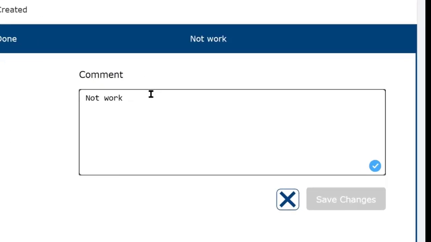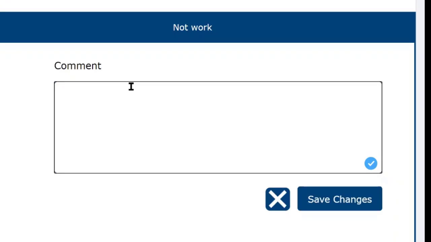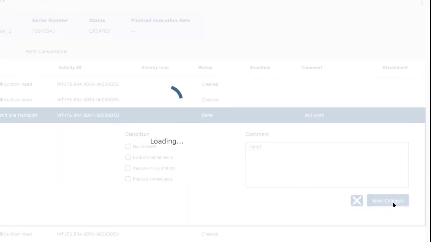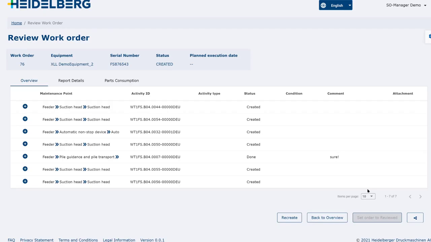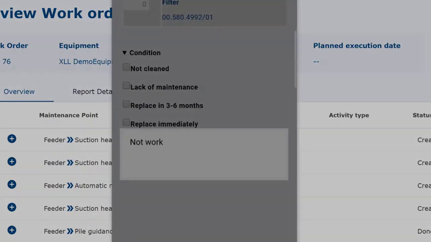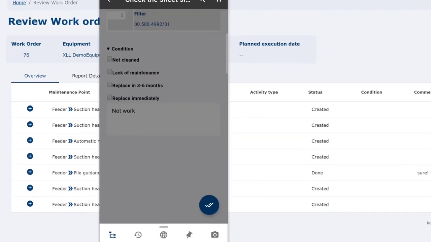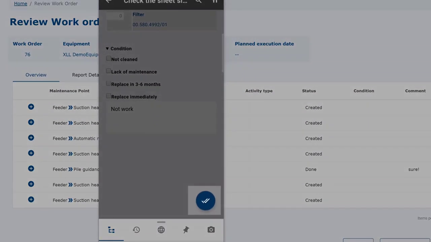So if I now update this and save the changes, these will not impact the mobile app of the technician, so you cannot chat or communicate over this field. So if I open this field now on the technician app